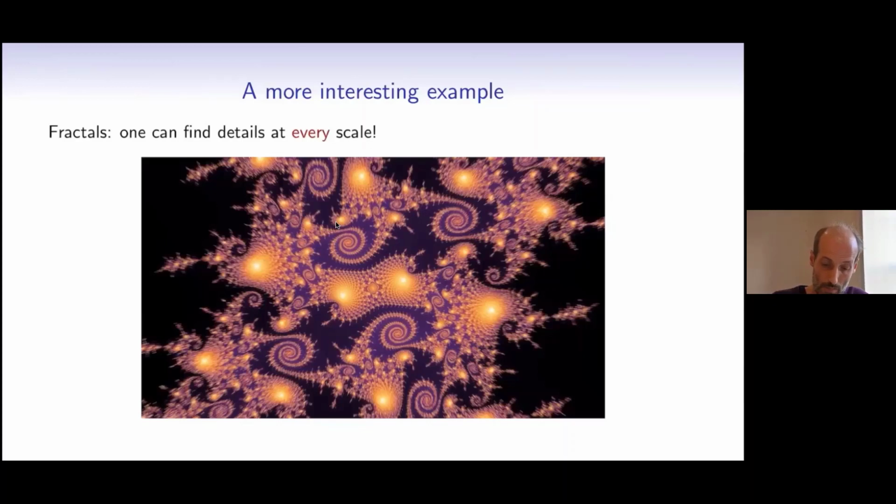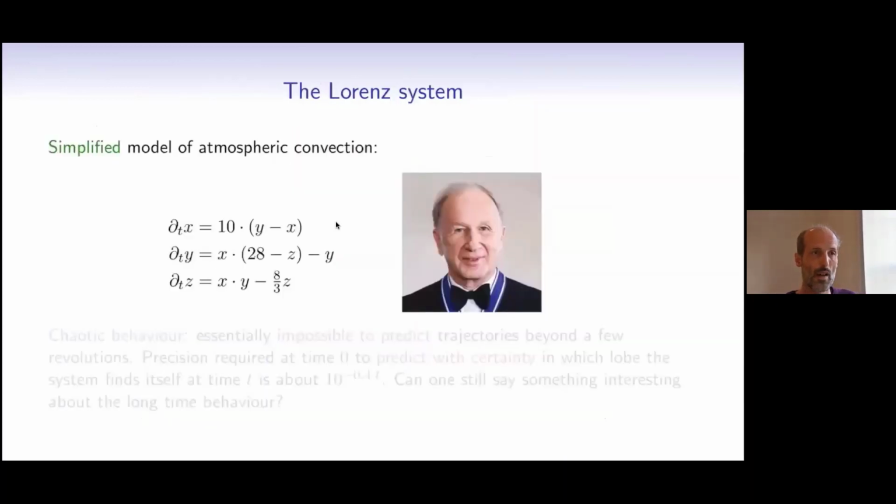So for example, here's another well-known example, but it's maybe not quite as well-known. It's called the Lorenz system. That gentleman here is Edward Lorenz, an American meteorologist. And in the early 50s, or maybe early 60s, I don't remember, around that time, he came up with, I